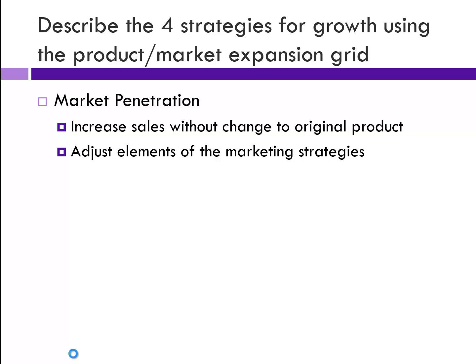The first one would be market penetration, and what I'm doing is just trying to sell more of the same product I have right now. I'm going to keep the same basic group of people I'm trying to target and the same basic product, but I'm going to adjust elements of my marketing strategy. So maybe I'm going to advertise it in a different way, or make it available in a different way. I'm going to sell it online instead of just in the stores, or the other way around. Or I might change the price. I might put it on sale. That would be a market penetration strategy. I might change the product a little bit, maybe different colors, different flavors, but for the most part, I'm not going to change the basic product itself.